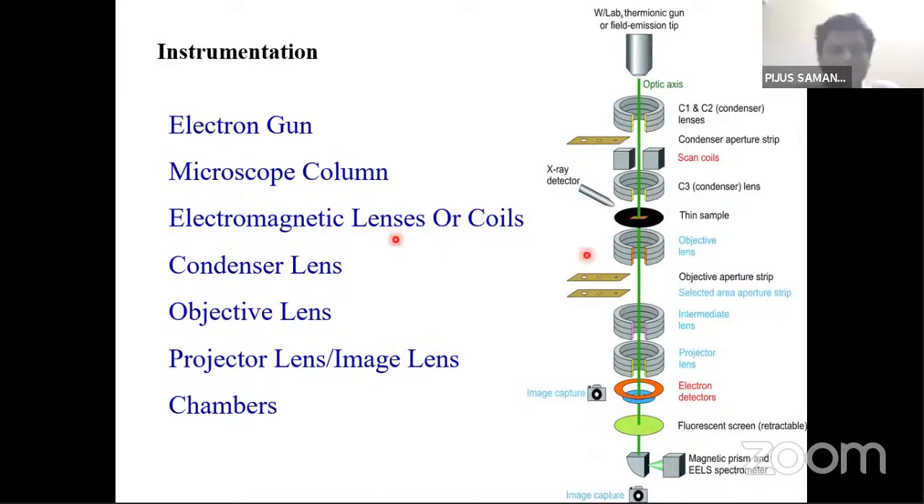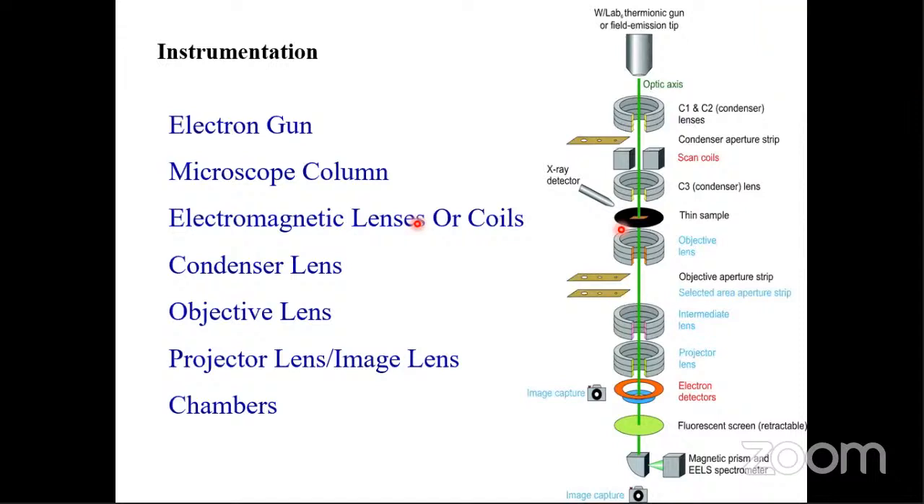This is because when the electron beam interacts with the sample, it may produce X-rays, and these X-rays will give you information about the composition of the sample, which I have already discussed in ACM also, that energy dispersive X-ray spectroscopy. Okay, so now